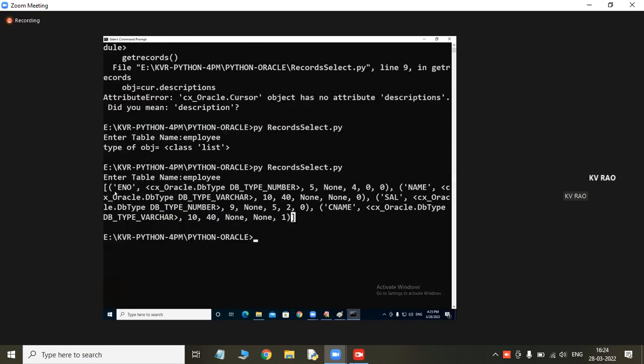In the beginning you see that this is called one tuple. What is the first one? This is called one tuple. In that, this is ENO, the 0th index in the tuple. Next, the first element is name. Like this, up to here. Next one is salary, up to here. Next one is company name. If you carefully follow,